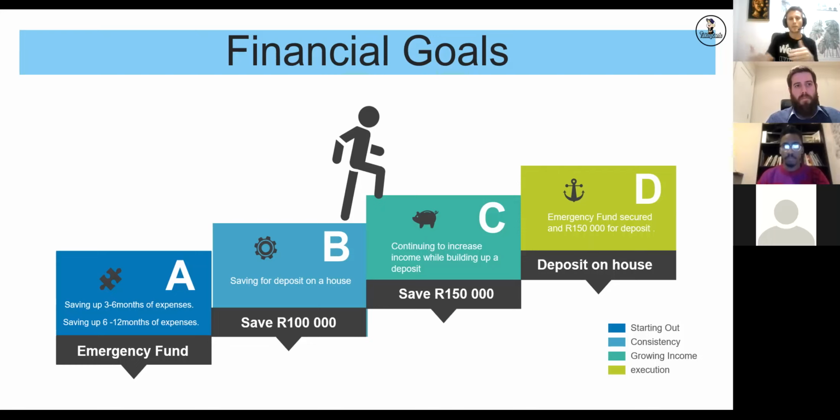So I think your first stage is to build that and then look to take on risk or to build capital. So I've used the financial goal as building up capital for a deposit on my house. I get my emergency fund, that's sorted. My first initial step is to save 100,000. I work, I earn, I spend less than what I earn. I move to my next stage, which is building 150. In that process, I'm looking to increase my income while I'm still spending less than what I earn, until I get to the end goal, which is to have that 150,000 in cash ready to put down on the deposit on my house. So that's a simple example as a goal.